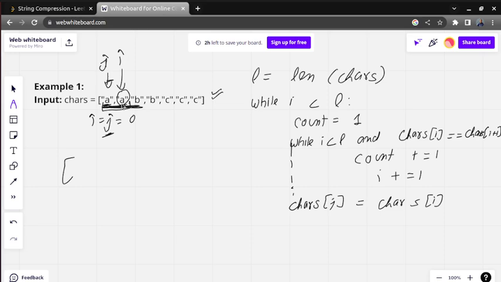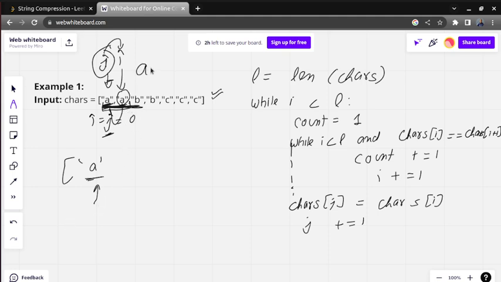So initially this value is going to be dumped here. Once it is dumped, this value is now in the new array, or we can say we updated the value. Now we need to move j by 1. So j plus equals 1. Now I told you that we also require the count.